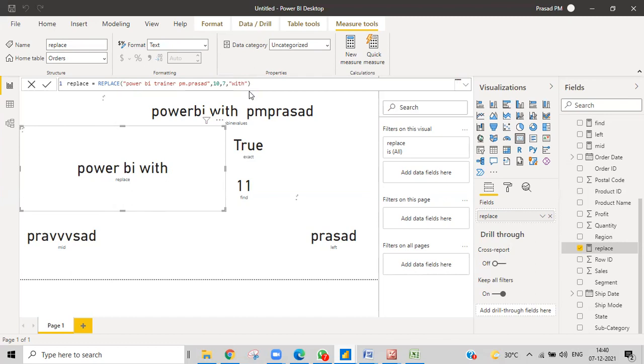So how can you make it dynamic? First of all, T, trainer starts with T, and then you can find the T position. Fine, find it and you will get this T. Afterwards, you can find the space. The position of that space, maybe the third one. So you can give the T as a starting position, and then find the space, so obviously it will find the space over here. So you'll get this position.